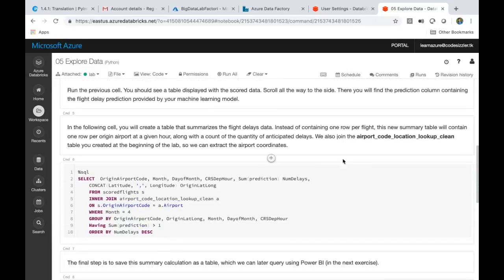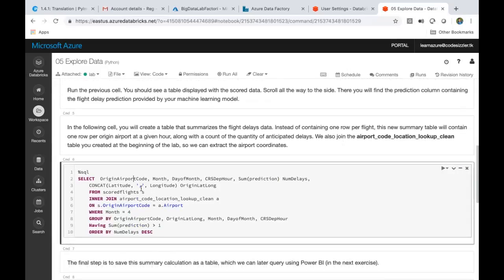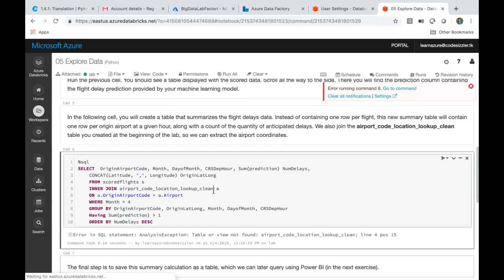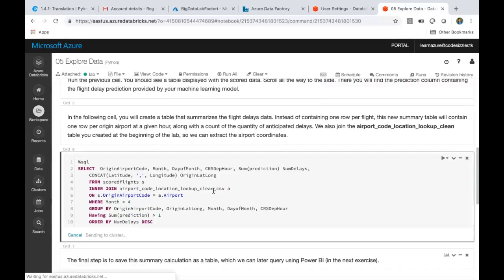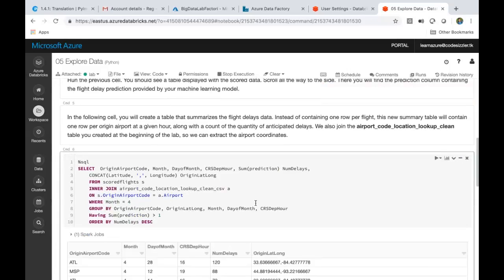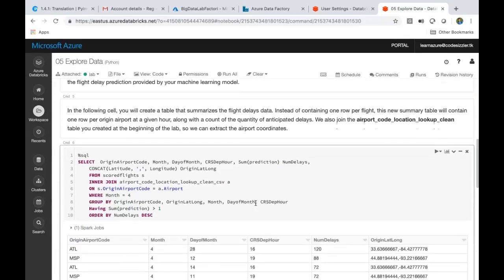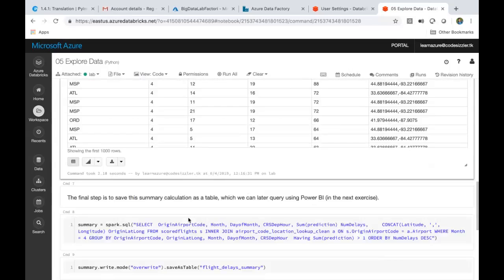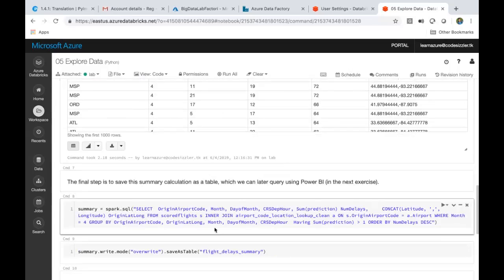Now, I wanted to define my system in the right way, which means that I want to define my query in a better way. Let me show you that. What happened is, okay, this is underscore. Now I have one more table, right? Underscore CSV. I want to integrate that table into this table and show it to you. You remember that we have 3 files, right? This is the third file we have, having location lookup information about locations. Okay. The last step is to go and save this into a Power BI report.